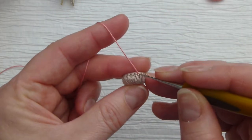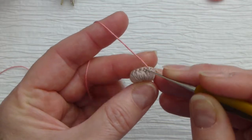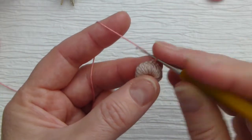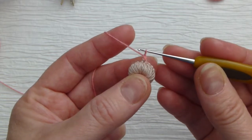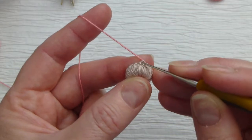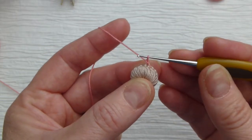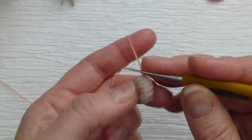So insert the hook into the edge of the button, pick up thread and make one stitch. So we have basically two stitches, one that's coming out first time and then one more. This is how we actually begin our Romanian cord, two stitches. Then we turn